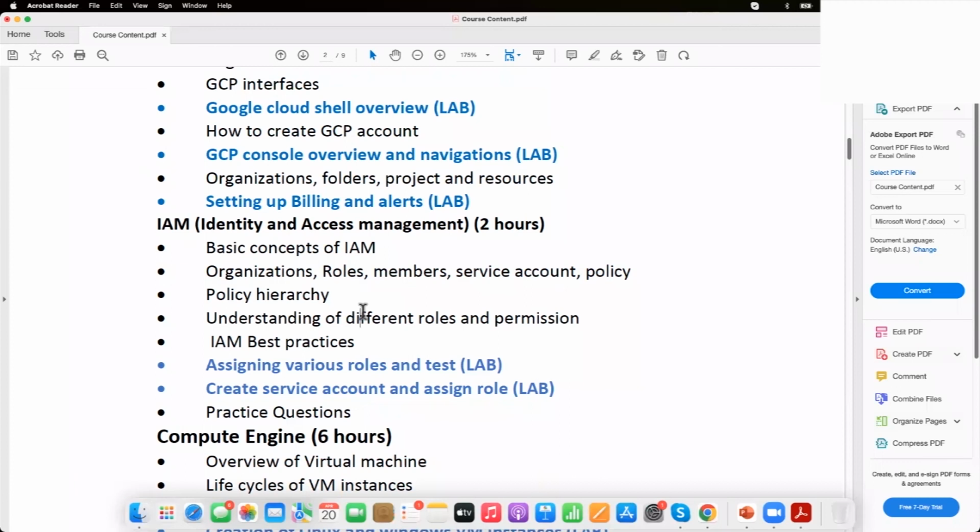I can't really say, because cloud exams keep changing. IAM is security, so you will definitely have a fairly good idea about all the important areas of IAM.